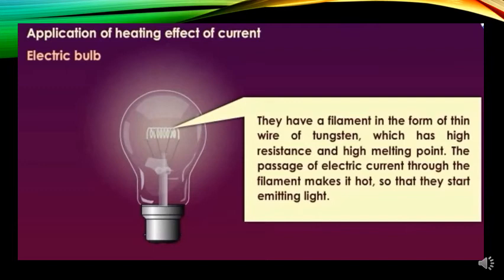This is because of the fact that the fine tungsten filament has a very high resistance, whereas copper connecting wires have very low resistance. Tungsten metal is used for making the filaments of electric bulbs because it has a very high melting point. It has a melting point of 3380 degrees Celsius. Due to its very high melting point, the tungsten filament can be kept white hot without melting away. The other properties of tungsten which make it suitable for making filaments of electric bulbs are its high flexibility and low rate of evaporation even at high temperatures.